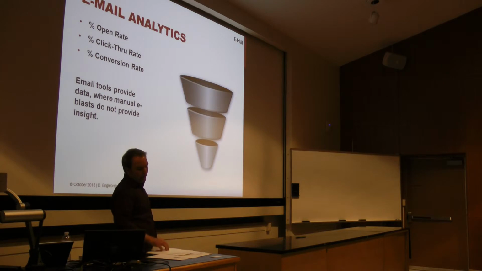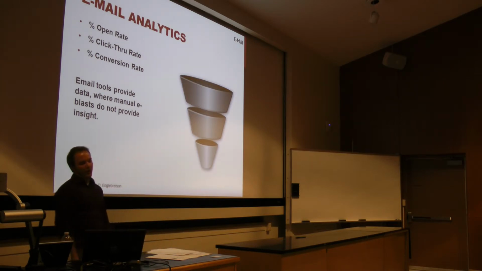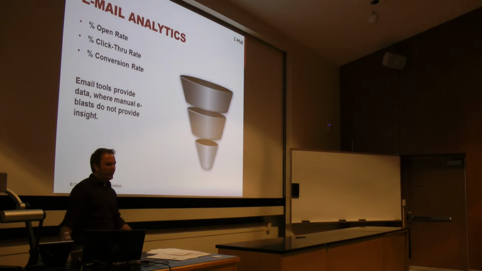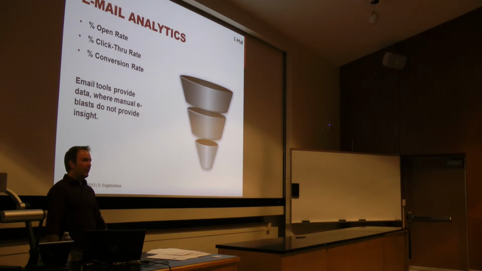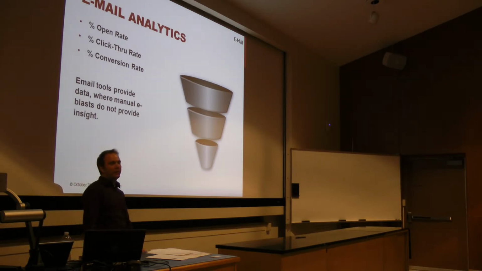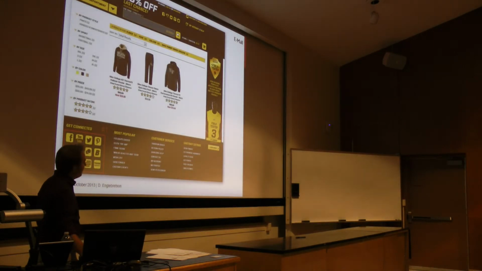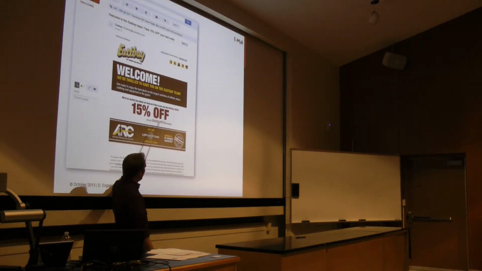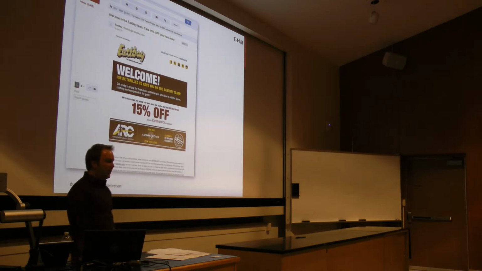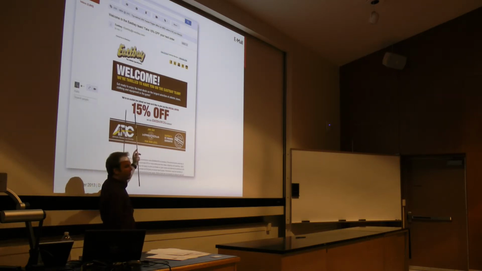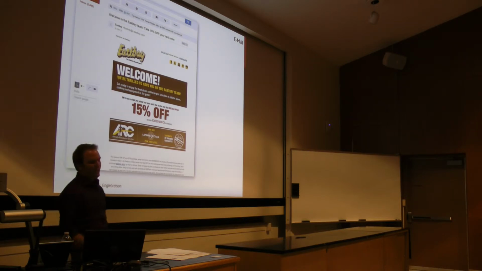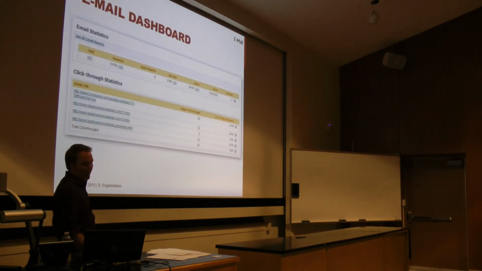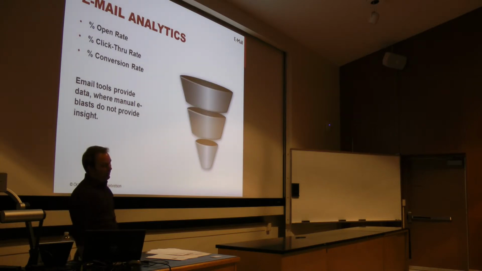So, as we get to the end of implementing our emailing, what kinds of things are you measuring? Basically, you're looking at how many people are actually opening your emails, how many people are clicking on what you want them to click on. So if my email says save 15% off by using this code, how many people actually use that code? Because most likely this code was unique to this specific email, for this specific campaign. So when they go back and check that code, they see how many people actually opened the email using this language and not some other language, and then how many people are actually buying the product, converting.